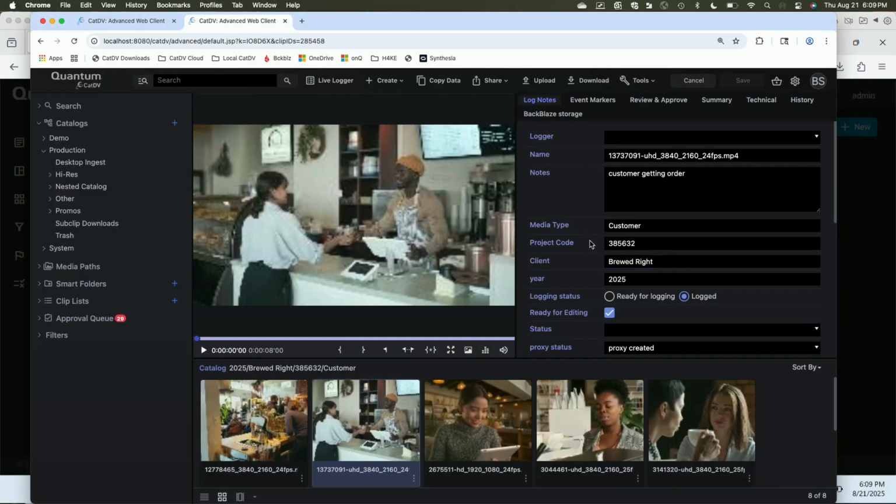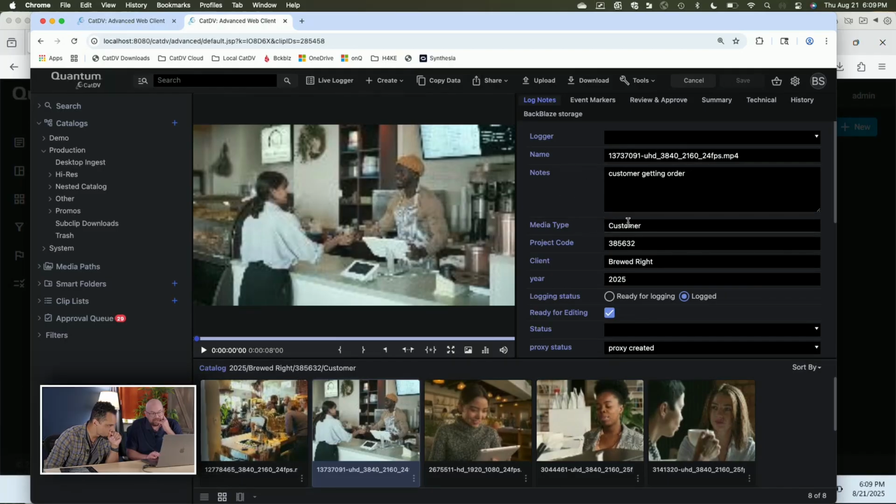And so we have customers that want to keep a script for education, or they want to script a release note, or all the elements that go with a project. They want to keep all that together. Now you can view all that kind of stuff. So you want to reference the script really quick while you're editing, you can just view it right in the web viewer. So on my CatDV system, here's some notes that I manually typed in.